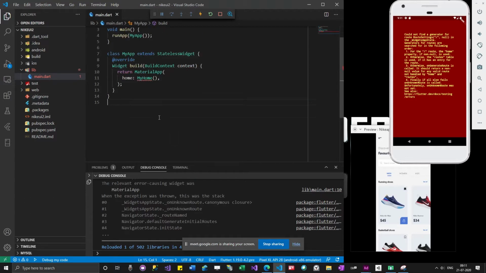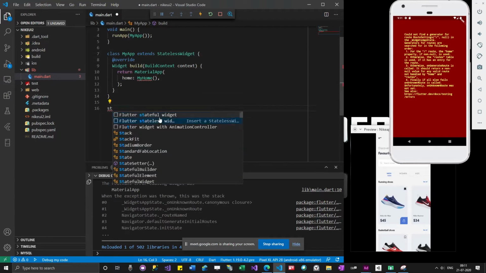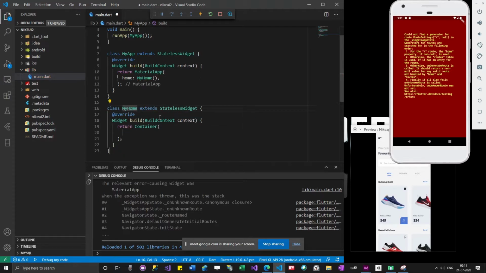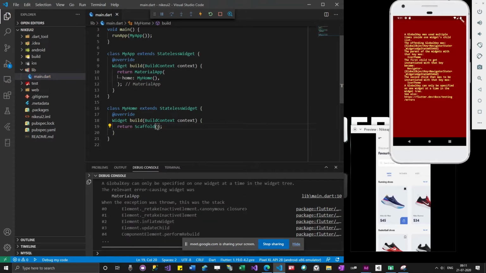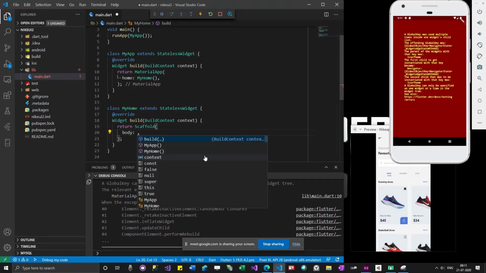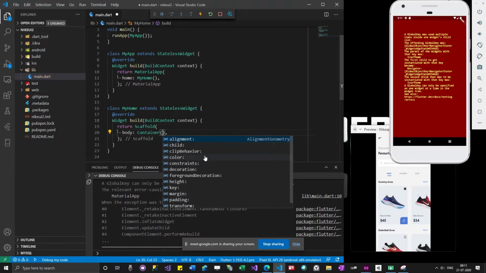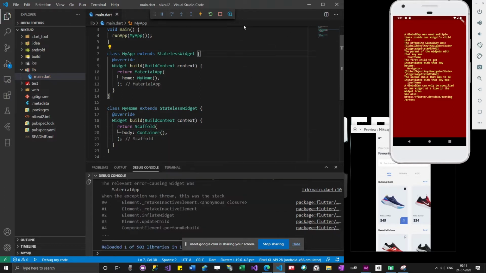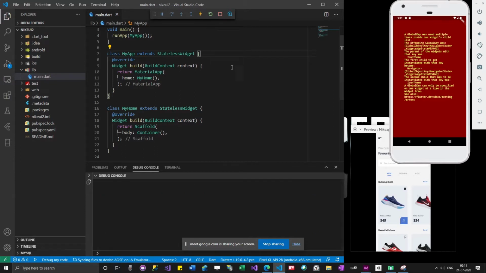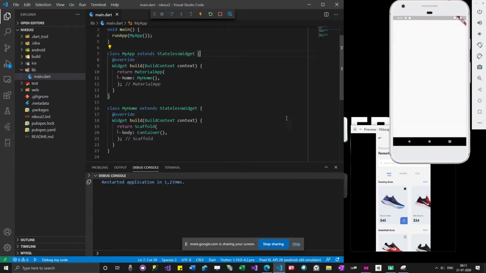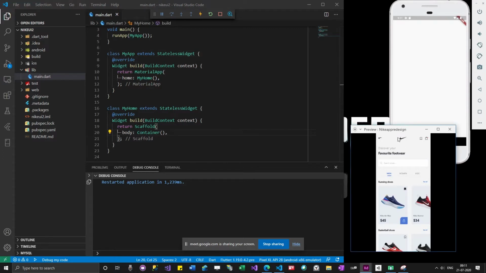I'm going to create MyHome here, which will be a stateless widget, and then add a Scaffold. Okay, so the app is loaded now. So first we'll create the app bar.